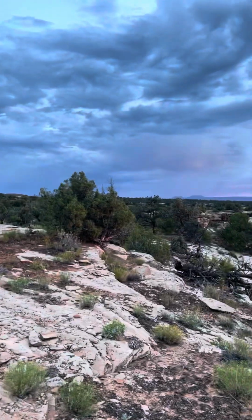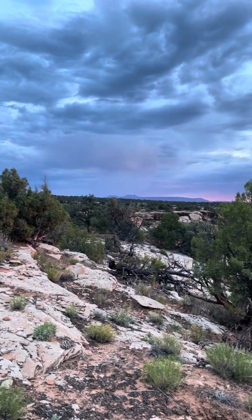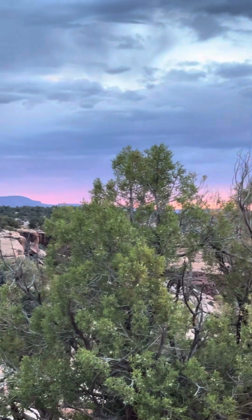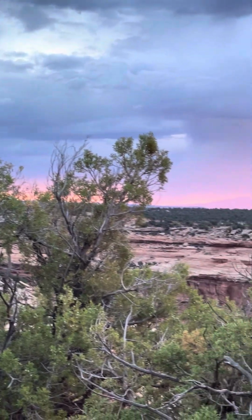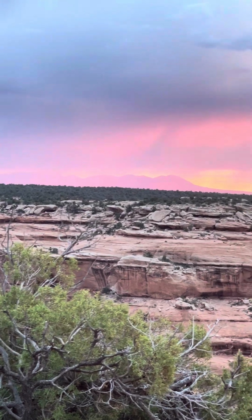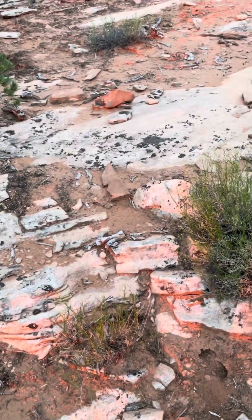Supposedly, I don't know if you can see this or not, looking out over Bears Ears and north of Blanding, and actually about northwest of Blanding. So you can see the rain coming in over the mountains here. A little bit of rain last night. It actually is okay though, because most of the trails out here,